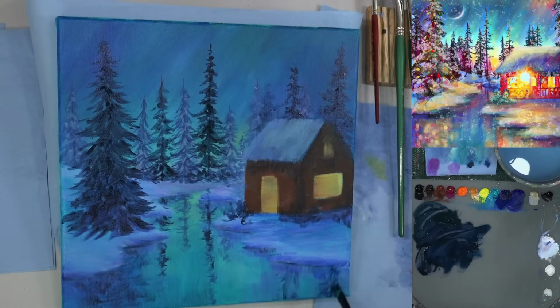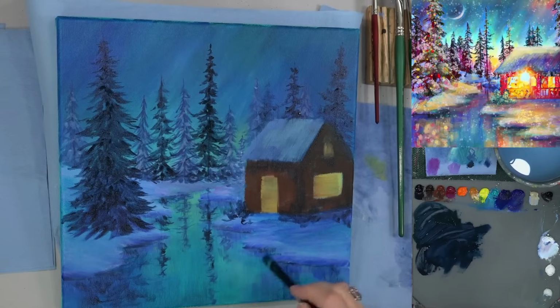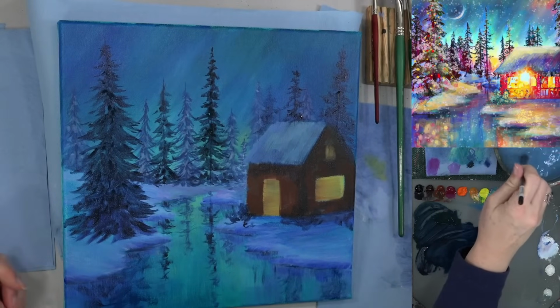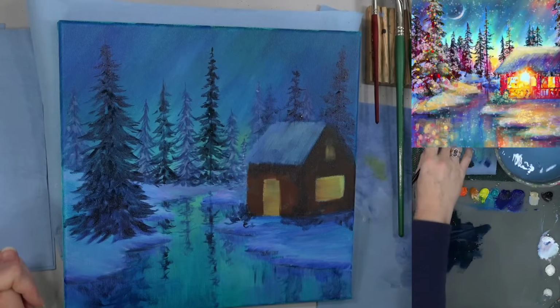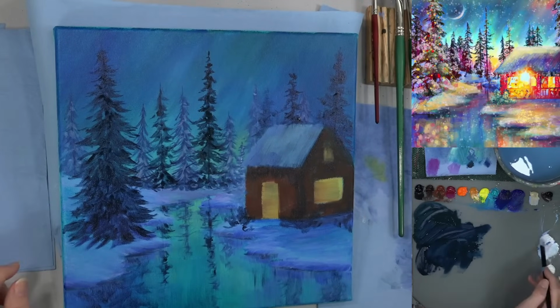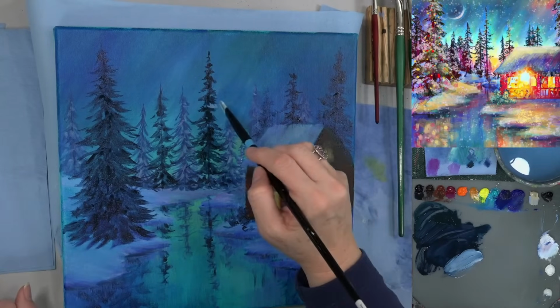Let's see. Okay. All right. Now we've got our little river. We've got our reflections. We'll put our snow in our trees back here. So let's get some of that white. Mix it with our tree color and add some